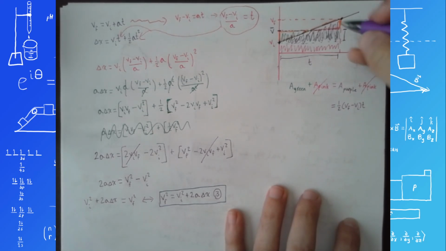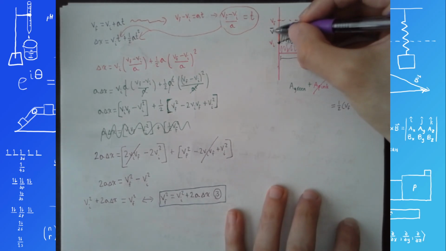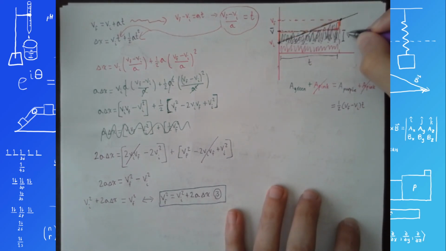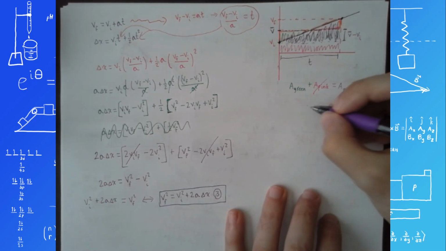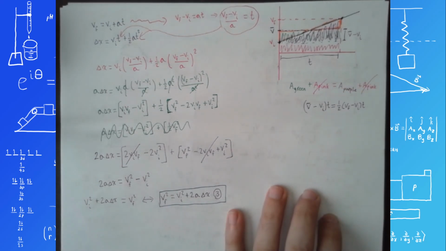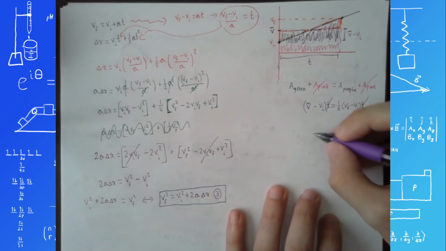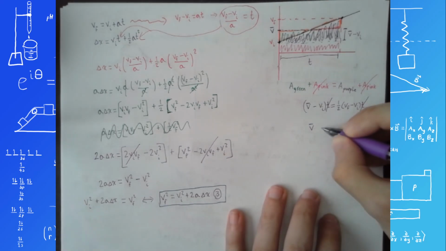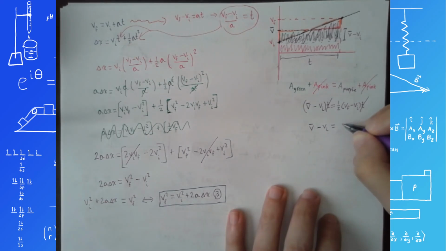And the height is going to be the difference between v average and v initial. So this is going to be v average minus v initial times t. Okay, well, since they're both times t, I can cancel out the t. So now I have v average minus v initial equals